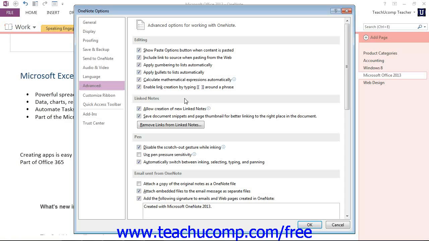Now, the Save Document Snippets and Page Thumbnail for Better Linking feature allows you to see the thumbnails when you hover over the linked documents, as I showed you earlier. And so you can turn that feature off if you don't want it on by simply unchecking it if you like. But you can also click the Remove Links and Linked Notes button to delete all of the linked notes